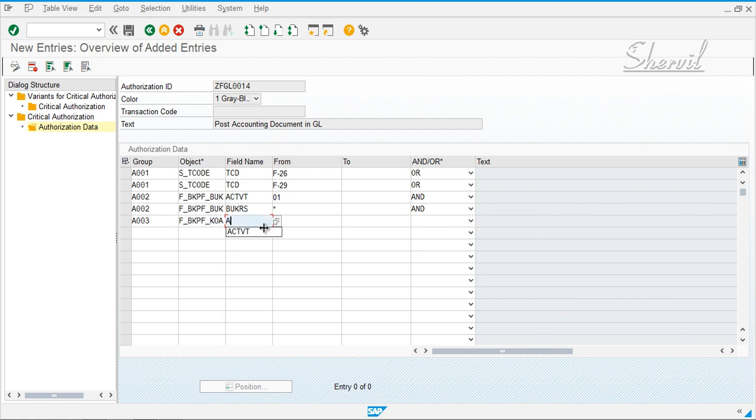Then you also again have the field value here, which is also 01, and what is the second field? The counting type. Let's say an asterisk, and let's put an and.